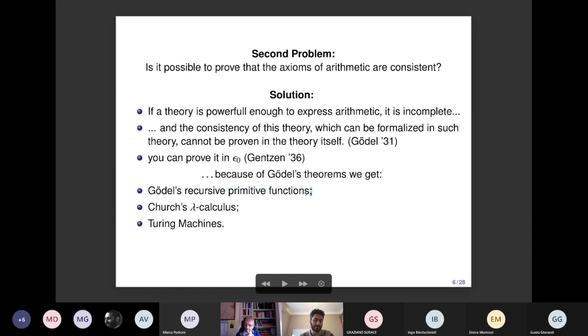Gödel's recursive functions, primitive functions: if you think, you have just some operations which look like the way that the processor of the computer works. You have some arrays of numbers you can project, you can make some easy operation like the sum, and you have, of course, the recursion and the minimization operator, which allows you to compute everything. The lambda calculus from Church,